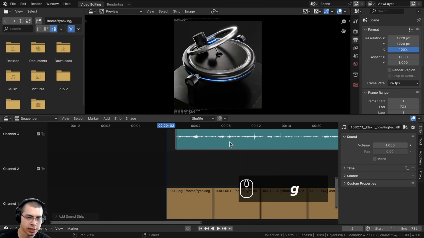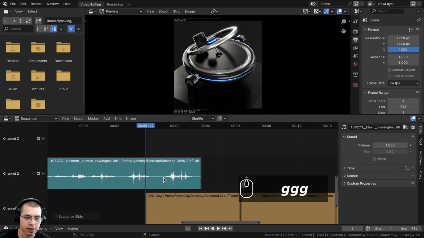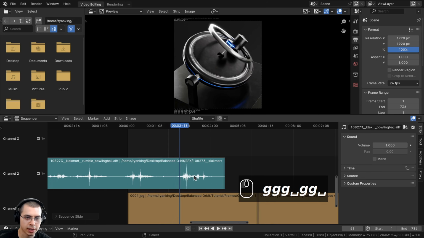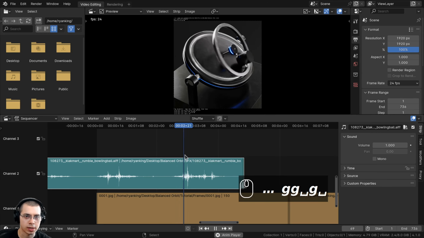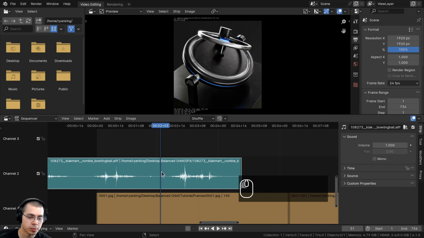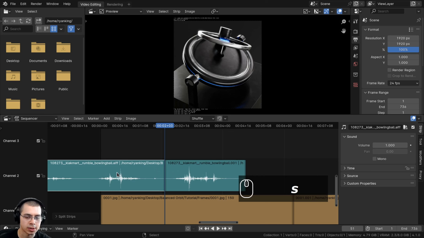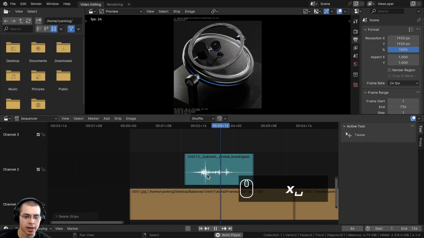And what I'll do is hit G to grab, and I'm going to move the sound effect over to the very end because I want to use the very end spot. And I'm just going to make it so that this sound right here at the very end happens right about here when it is moving around at its fastest point. So something like that. And then also if you move the playhead right here, you can cut this by pressing the K button. Now I've changed my shortcut key to the S button just because I like that better. But in Blender, the shortcut key for cutting strips is the K button. And then I can just hit X to delete. So now we just have that sound effect there.